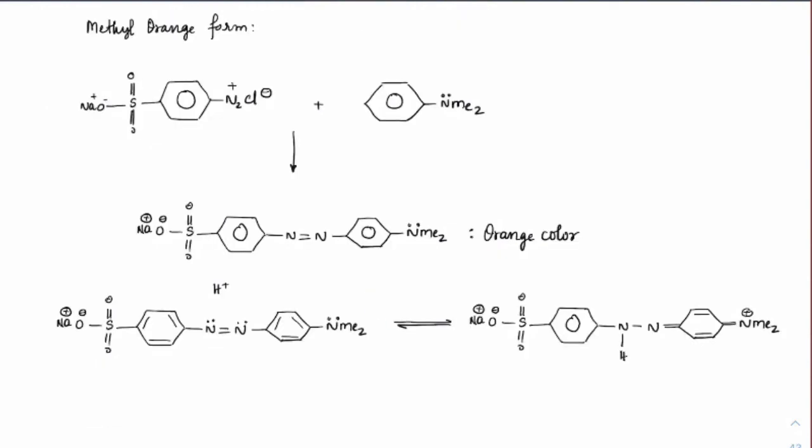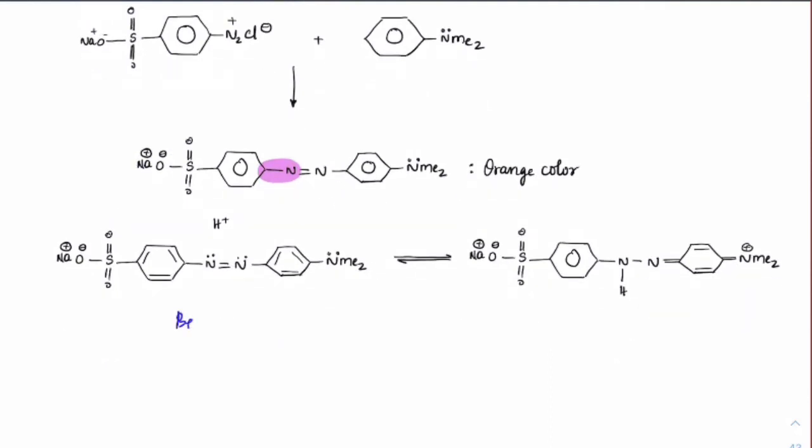Methyl orange, if you remember, is a combination of this diazonium ion with dimethyl aniline. On reaction with that, from this para position, you will have this CN coupled product. You can see this is a C and N coupled product here, and in this form it is the benzenoid form. In the benzenoid form, it appears to be yellow in color, got it?